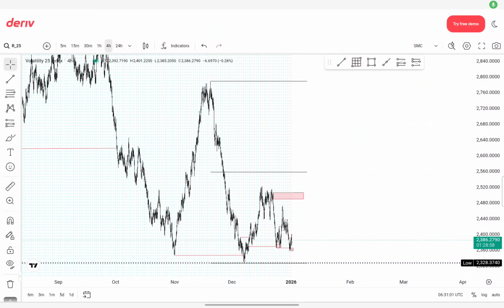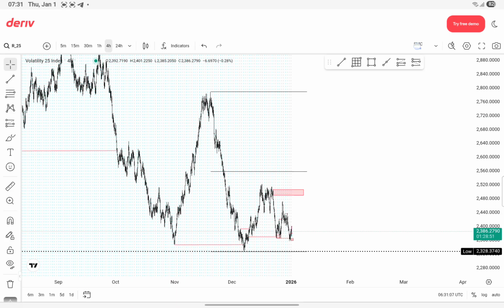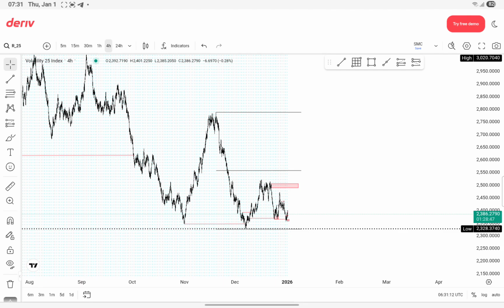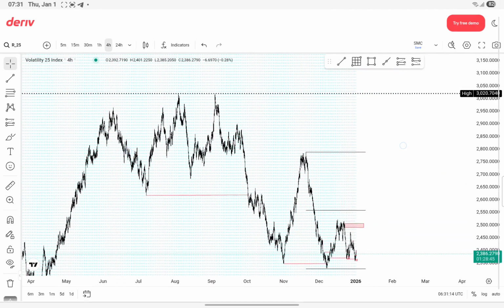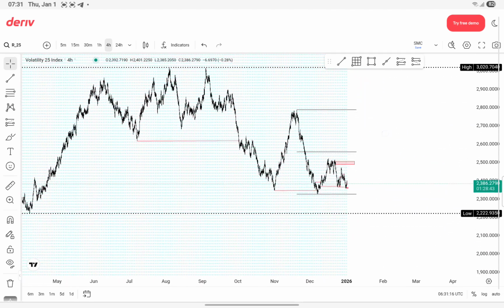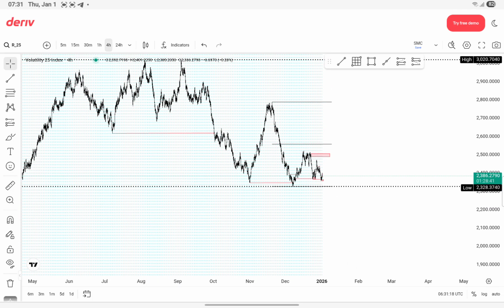Hello guys, so today being the 1st of January 2026, I'm just going to be analyzing the chart every day. Coming to the chart, analyze whether we have a setup for that day or not. So basically I'm just going to be using what I call